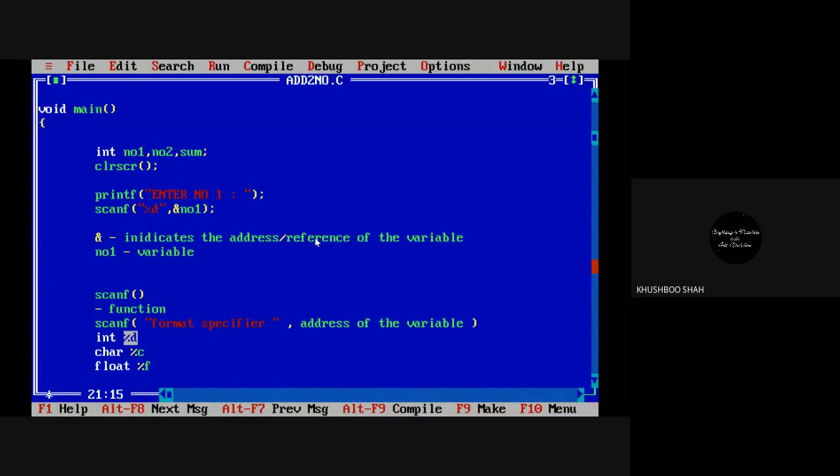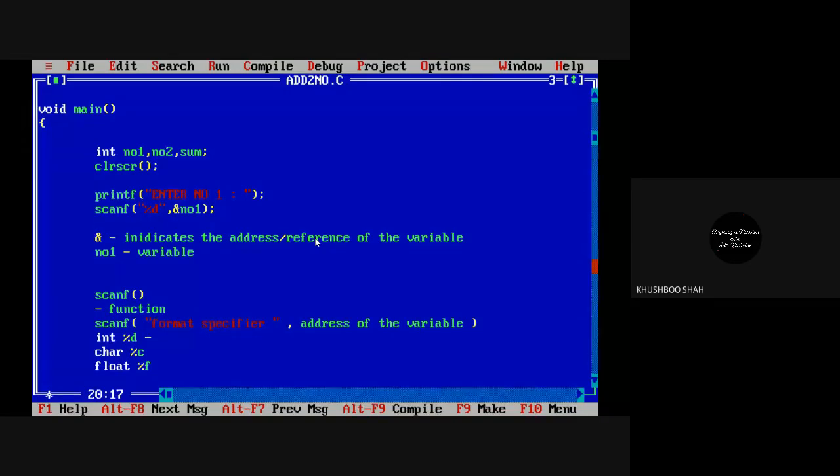When you store data, integer type data requires 2 bytes, character requires 1 byte and float requires 4 bytes. So the system needs to arrange that much space, and that's why we have a format specifier. Don't worry, we will learn the variable topic in detail. At that time, you will have an idea.